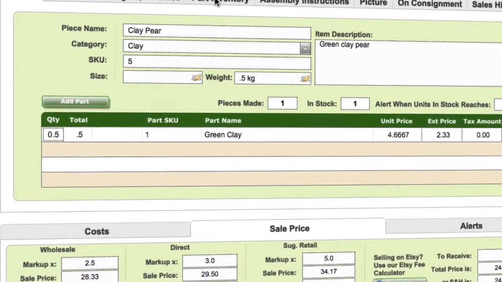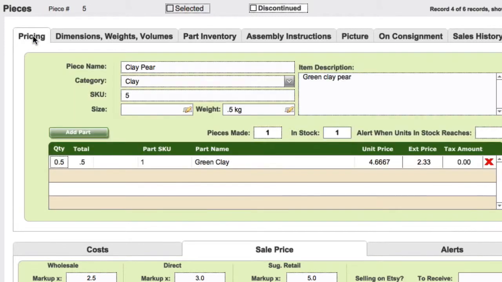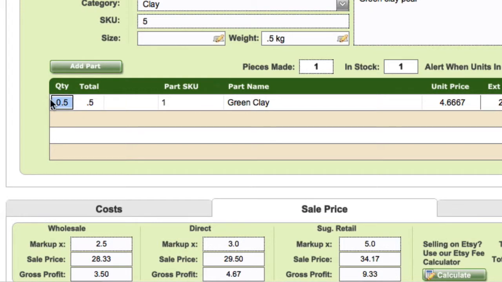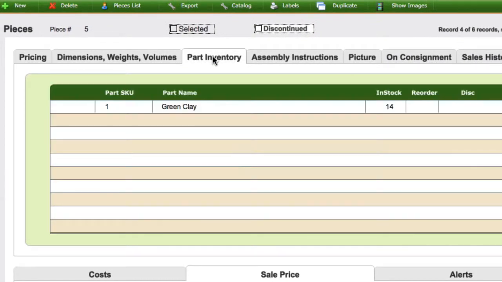If we have a quick flick to our part inventory tab, in here this will show us the parts that are used to create the piece. So we can see we're using some green clay, and what we've got in stock here is 14.5 kilos left in stock. If we go back to our pricing, I'm just going to edit this to make it 1. Okay, so now we've got 1 kilo. Our weight has adjusted to 1 kilo. And if you go to our part inventory,